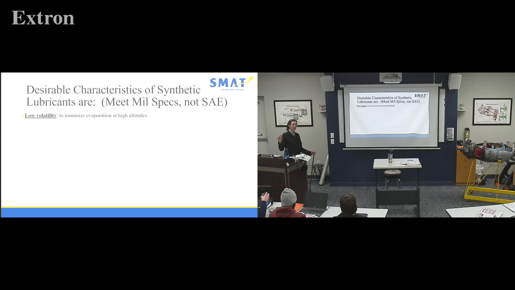So it must have low volatility to minimize evaporation at high altitudes, and anti-foaming quality for more positive lubrication. You don't want it to just be foaming up. Anyone know what